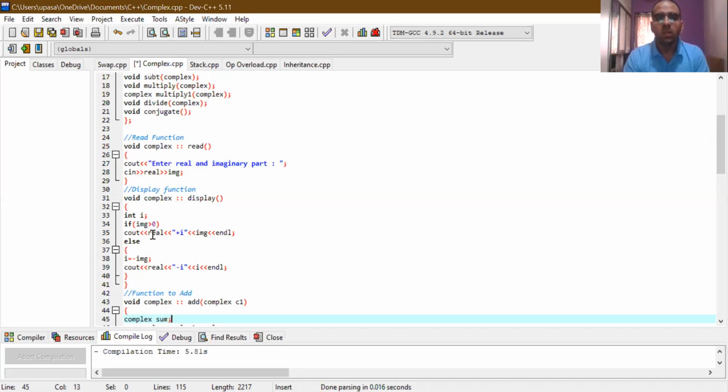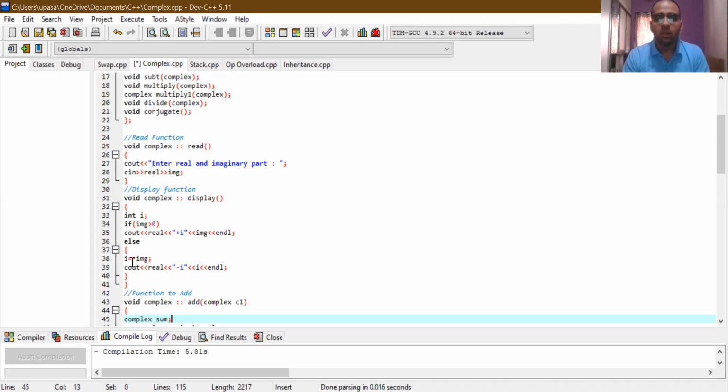This particular line is there because, in case the imaginary part is positive or negative, accordingly the i suffix indicating the imaginary part should be there. So if it is greater than 0, that means positive, so it should be plus i.